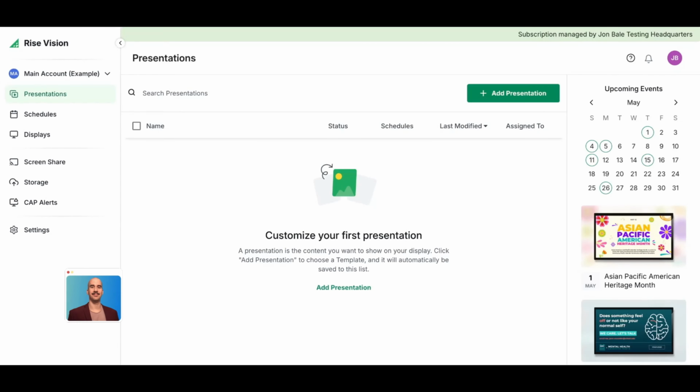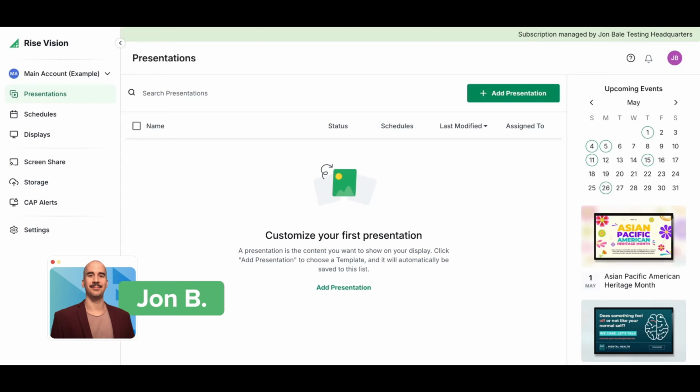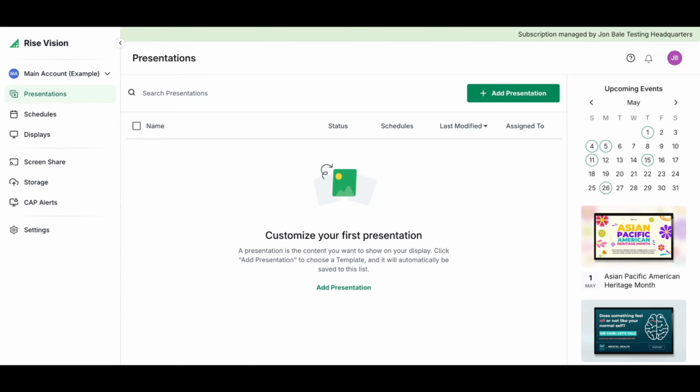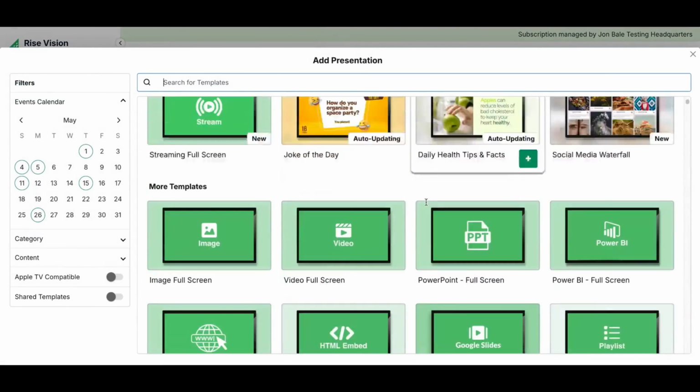In this short video, you'll learn how to customize the text of a Rise Vision presentation. First, log into your risevision.com account. If you haven't already created a presentation to work with, select the Add Presentation button and choose a template you